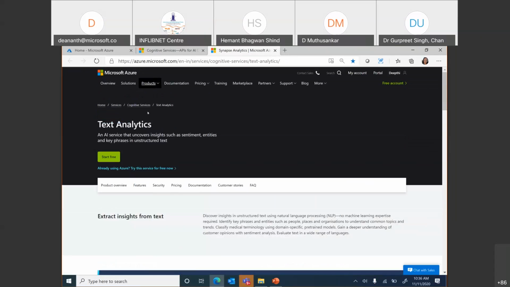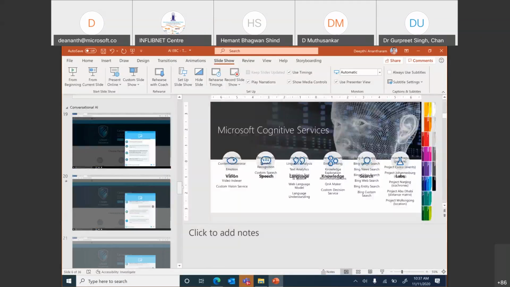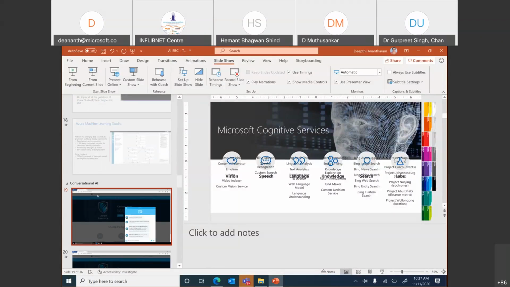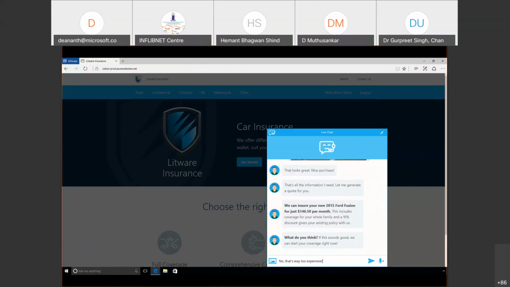Now we've got another feature here called the Q&A Maker. The Q&A Maker actually helps us to create bots. You have to point it to a PDF or a Word document with questions and answers. It will understand by itself and help us build a bot. Obviously, this will not complete the bot. You'll have to put in some cards and some action items. Let's look at an example of what a bot can actually do and help us, which is called conversational AI.